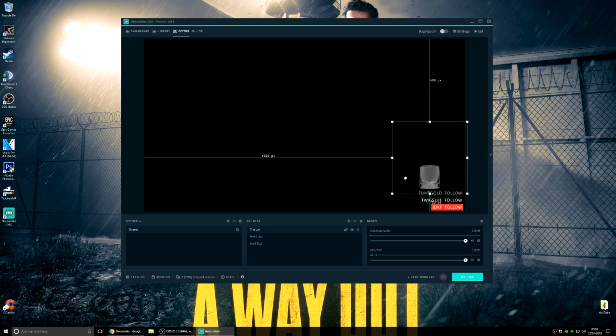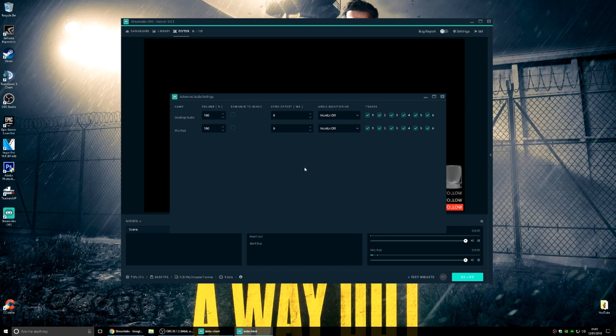Also, there's the library where you're able to add things like overlays, donations, the amount of views you have, and your webcam, and everything on the new version of OBS,